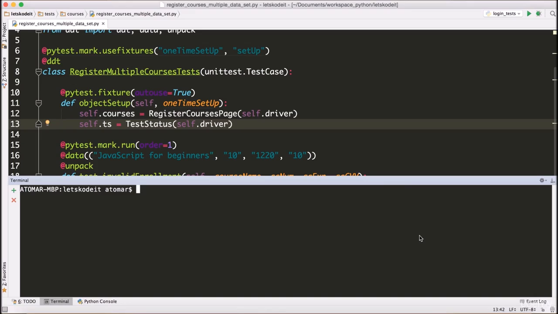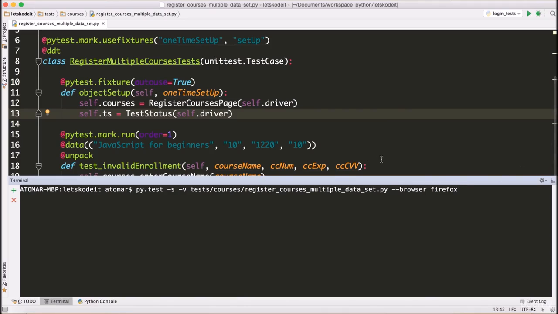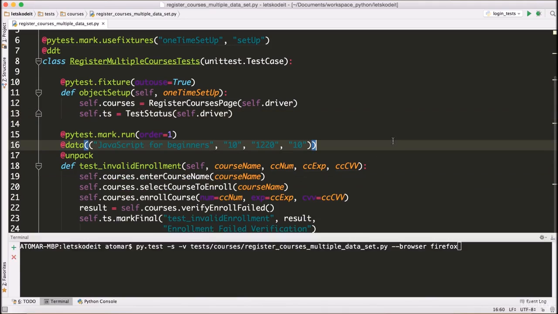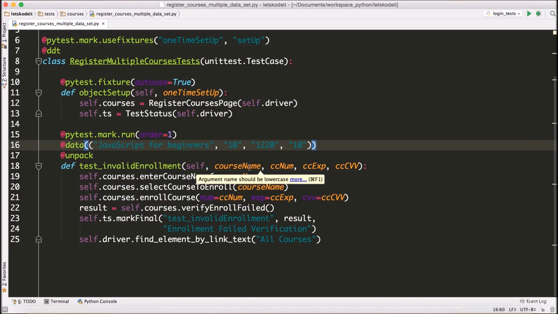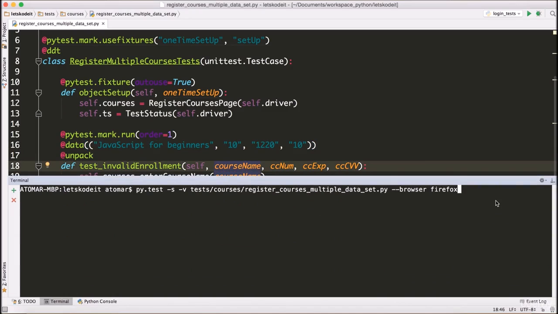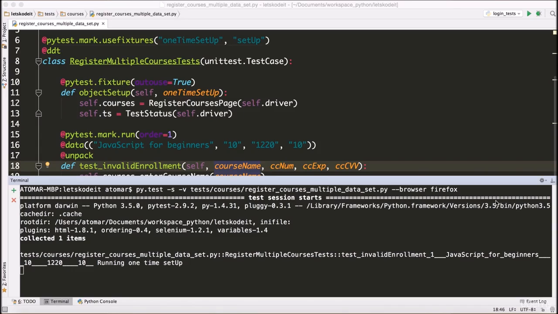So I'm going to export the Python path and run py.test -s -v, test courses, register courses, multiple dataset, --browser equals Firefox. Let's just run this code. The only change we did is we moved the arguments here, so we don't have any hard-coded data in the test case, right? This is the change we made, and later we will run the same test for multiple data sets. It should bring up the browser,